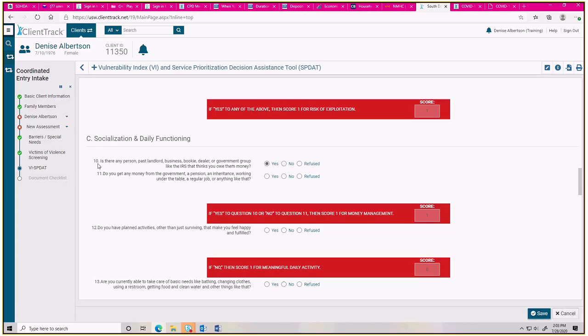And I know this question in particular: is there any person, past landlord, business, bookie, dealer, or government group like the IRS that thinks you owe them money? Rephrasing that even to, do you owe anybody rental arrears? Do you owe a utility company for any past utilities? Just kind of breaking that down, reading maybe some of these word for word, because sometimes how they're written is